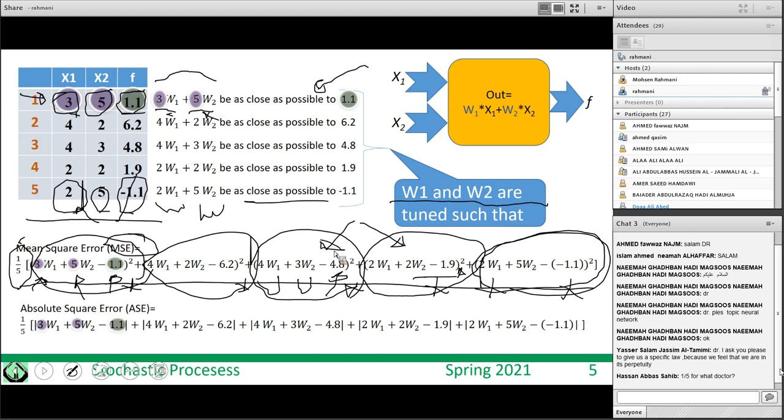For example, if I minimize this one, it means that in this row I have made 4 in W1 plus 3 in W2 close to 4.8. Okay,